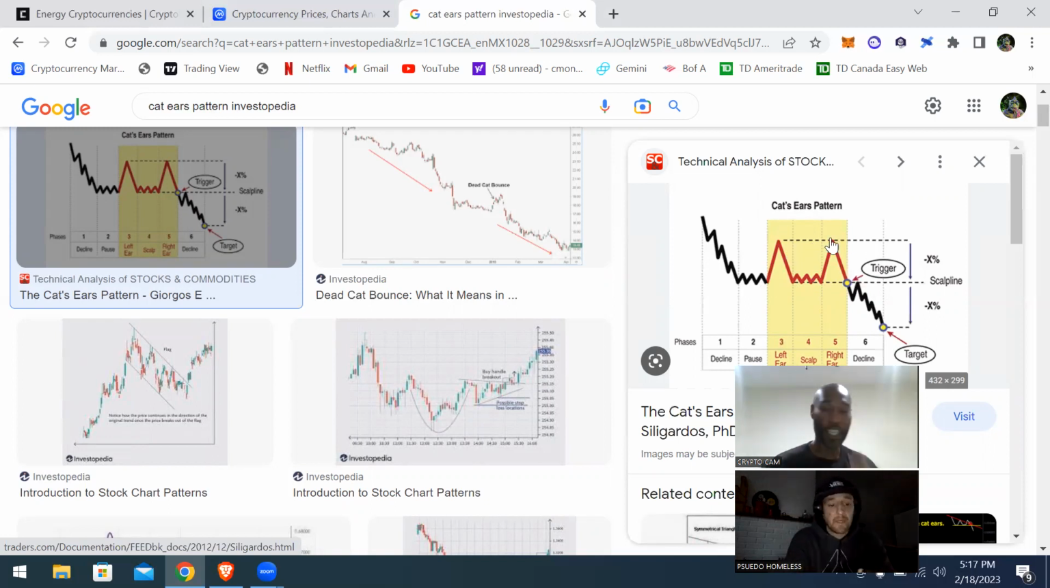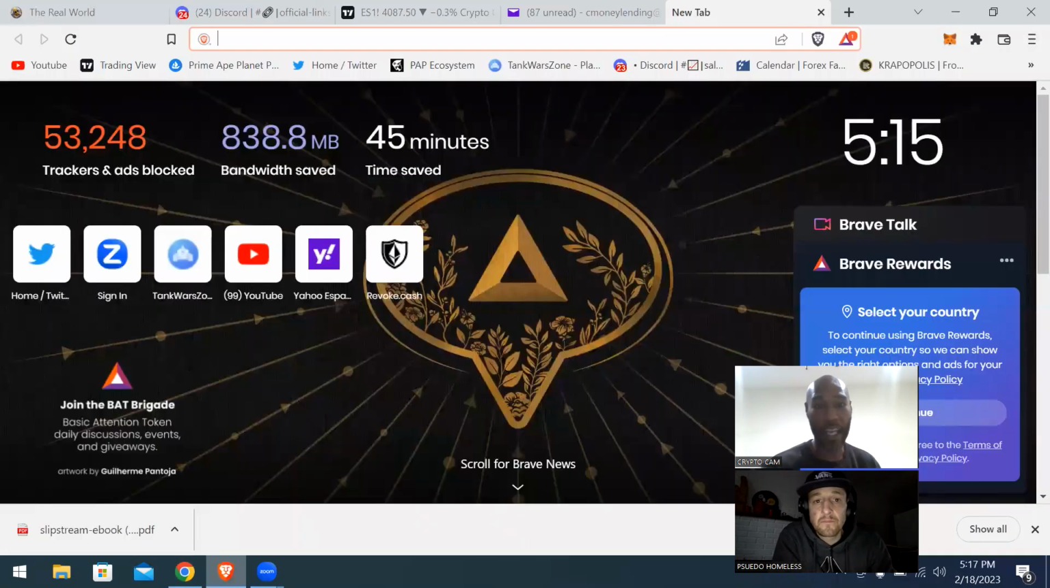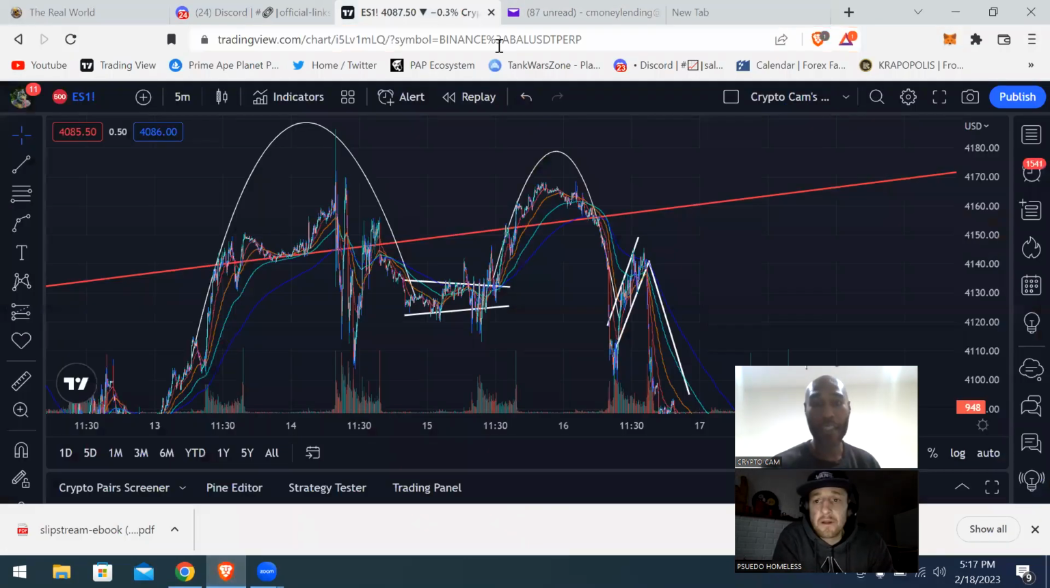So if you see it playing out normally with the up, sideways, up, it's a bearish pattern, and it plays to the downside, right? If you saw this inverted, like upside down, then it would be a bullish pattern for the cat ears. So if we look at it as it plays out live, if you go to the S&P 500,